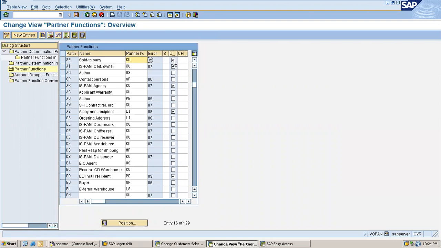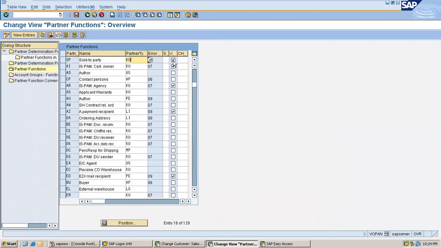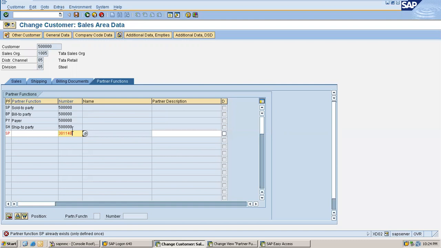This unique checkbox helps to eliminate the second sold to party in customer master numbers. If I remove this unique checkbox here, you can enter multiple customer numbers with the sold to party partner function. Now see, instead of SP, I'll enter partner function ship to party.